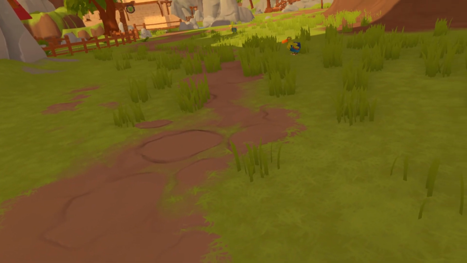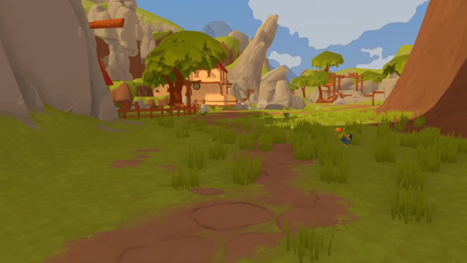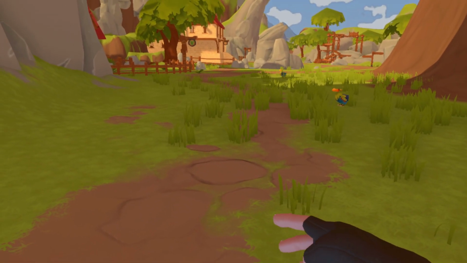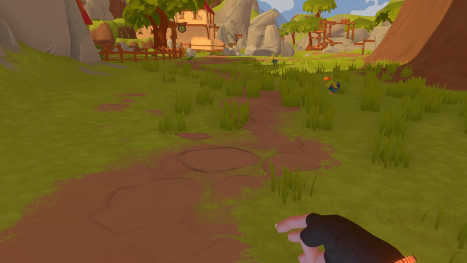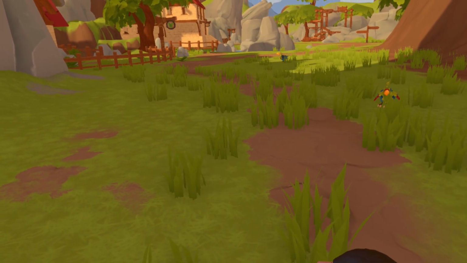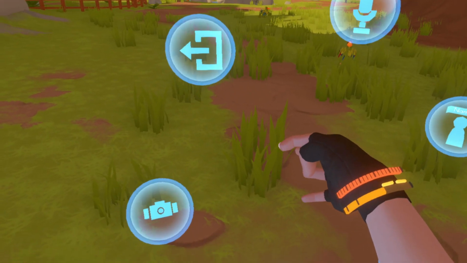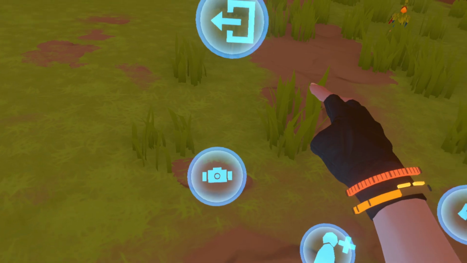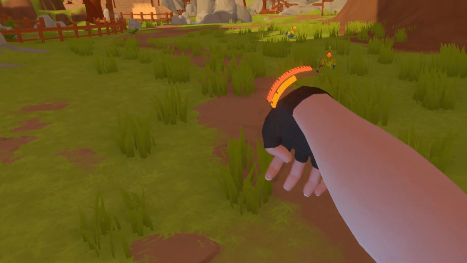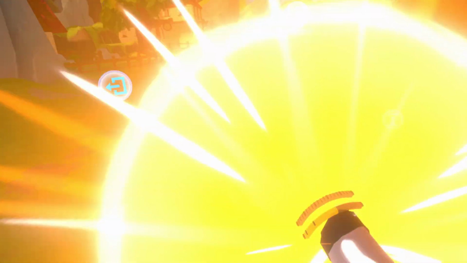Right when you load up, on your right hand, you can hold down the bottom button on your controller. Actually, you can pull that up, and it pulls up this wheel that's orientated based on the...